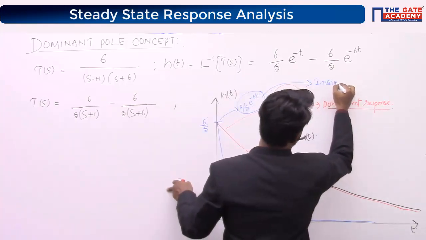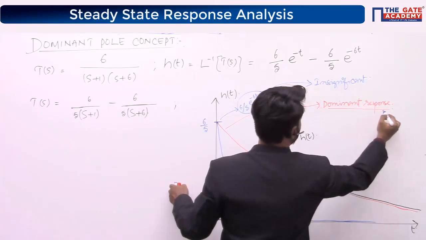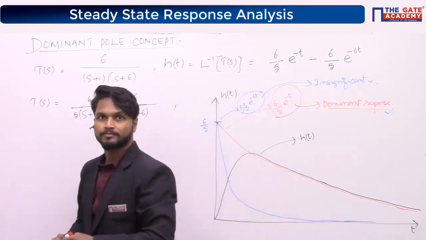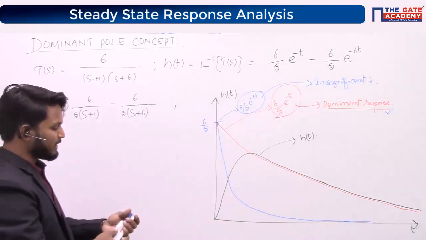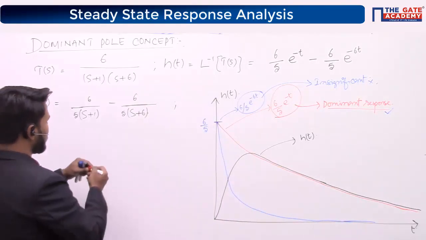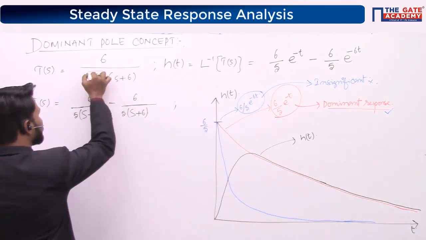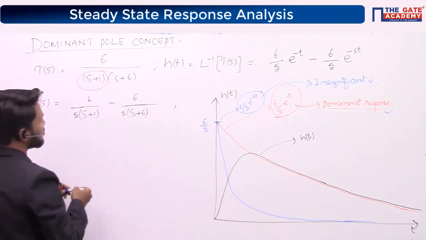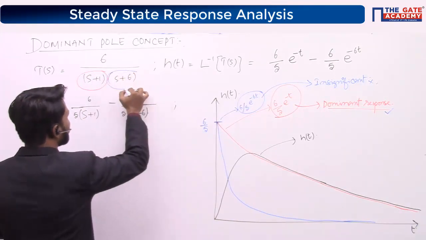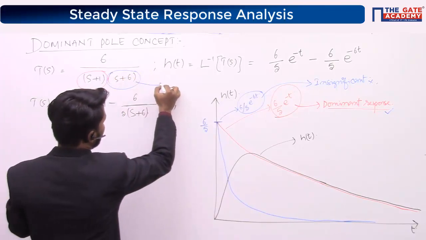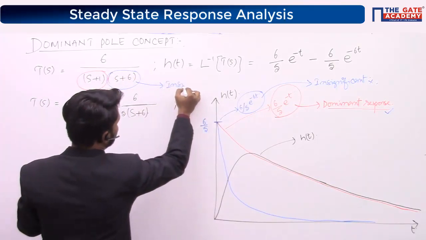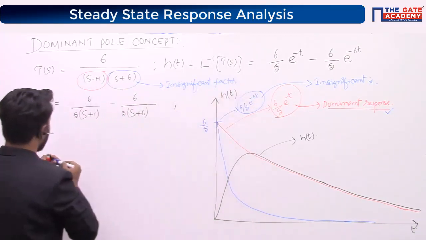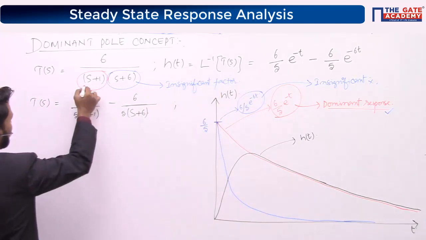This is insignificant. This is dominant, whereas this is insignificant. Is it clear? Yes. So from the transfer function itself, you can say that the response because of this factor is dominant, whereas the response because of this factor is insignificant, right? So you can call this an insignificant factor, whereas you can call this particular factor a dominant factor,